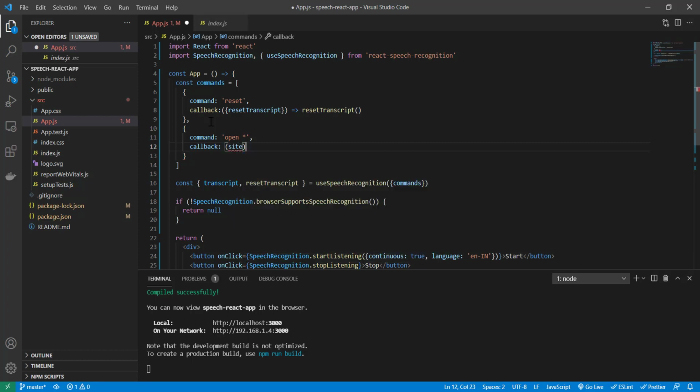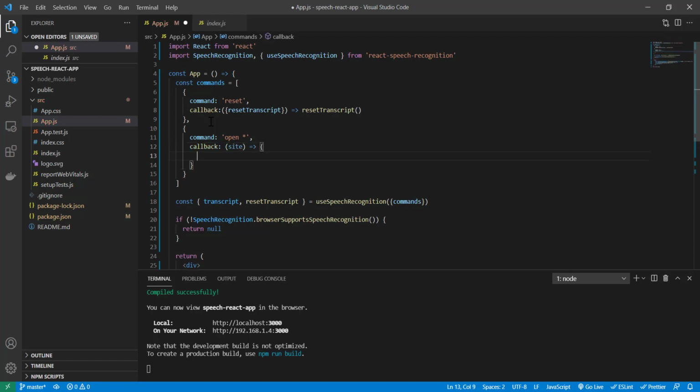Let's say I will say open google.com, so that particular word will be the site, and then I can say window.open, and inside this I'll say http:// plus the site.